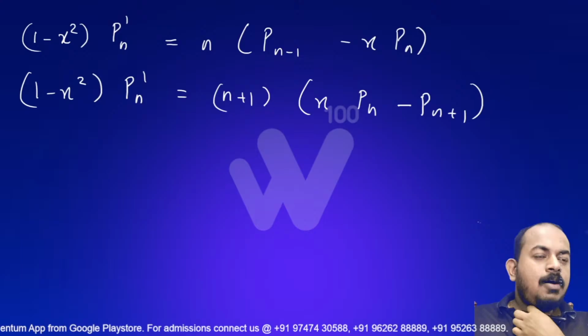The generating function f(x,t) equals the sum over n equals 0 to infinity of Pn(x) t to the power n for the Legendre's polynomial Pn(x),